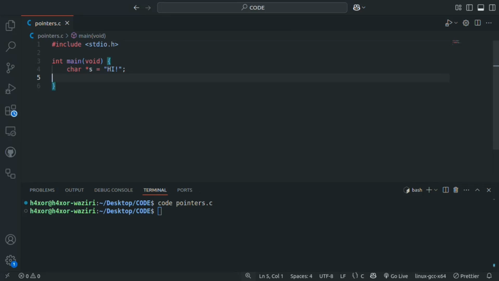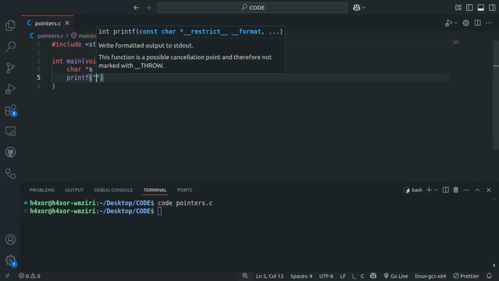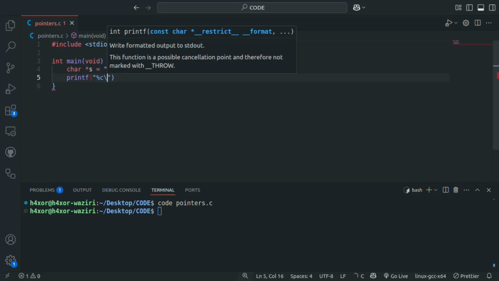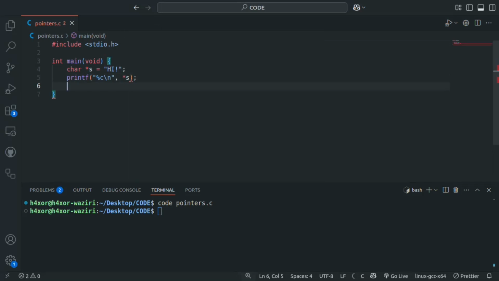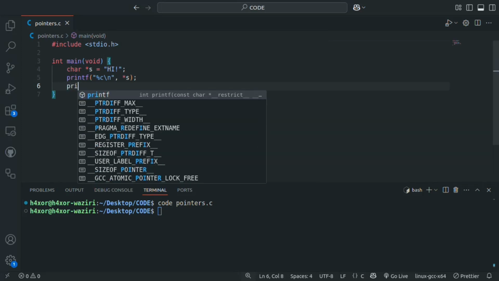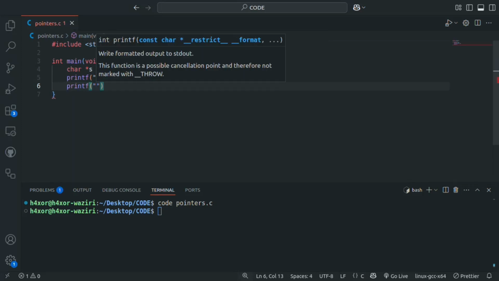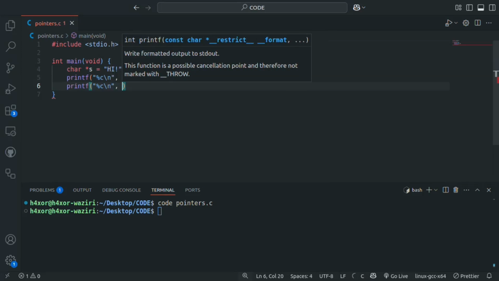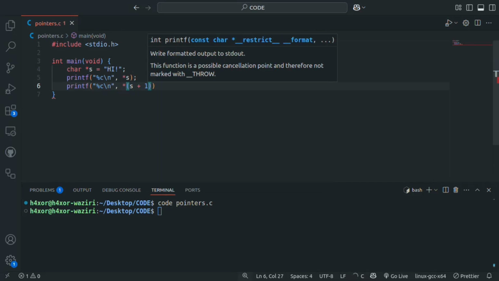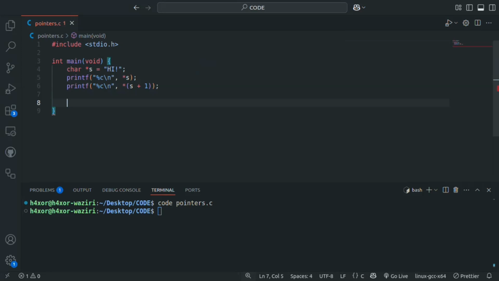Then printf inside parentheses and quotations, "%c\n", comma, *s; then printf inside parentheses and quotations, %c, the placeholder for char, \n, comma, *(s + 1); and then return 0;